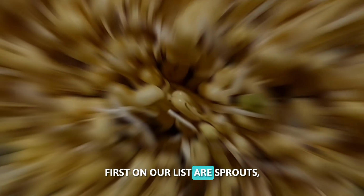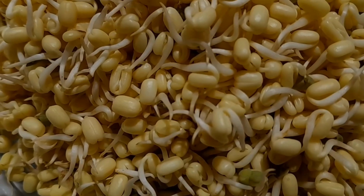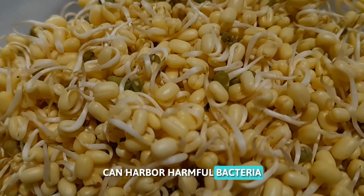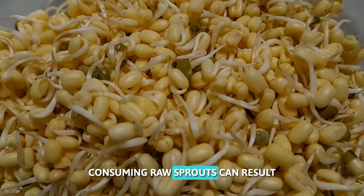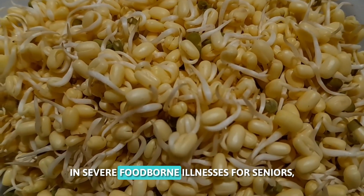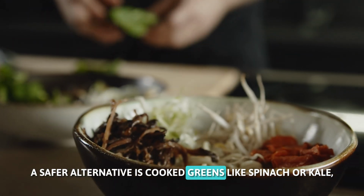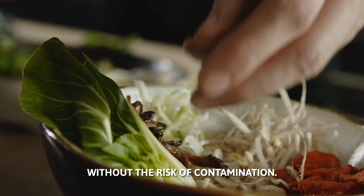First on our list are sprouts, often celebrated as nutrient-packed superfoods. Sprouts like alfalfa and bean sprouts can harbor harmful bacteria, such as E. coli and salmonella. Consuming raw sprouts can result in severe foodborne illnesses for seniors whose immune systems may not be as robust. A safer alternative is cooked greens like spinach or kale, which provide similar nutrients without the risk of